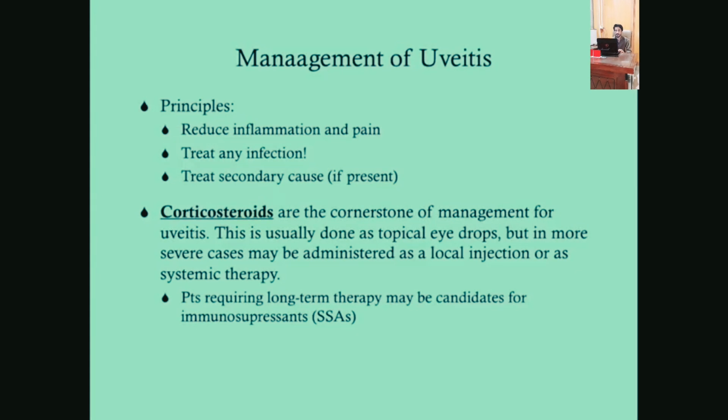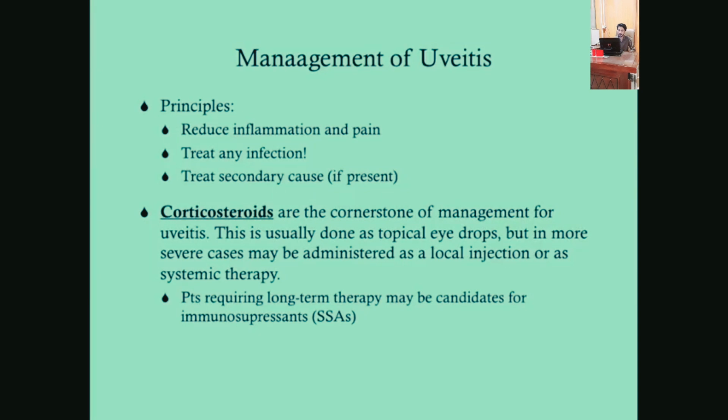fluorometholone, they rhyme. If you need to administer something more systemic, of course you can give oral prednisone, IV methylprednisolone. You can also give a periocular injection, usually triamcinolone is what's administered. Of course, anytime a patient needs to be on corticosteroids for an extended period of time, we're concerned about adverse effects, things like cataract, glaucoma, scleral perforation. If you're giving it systemically, we're worried about peptic ulcer,